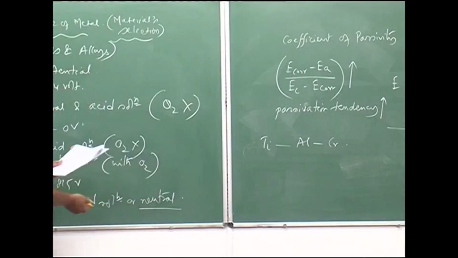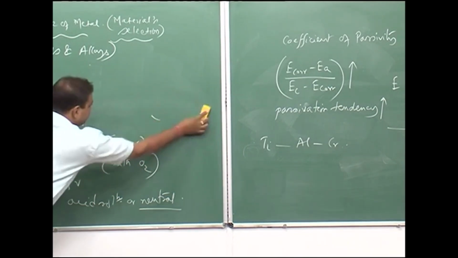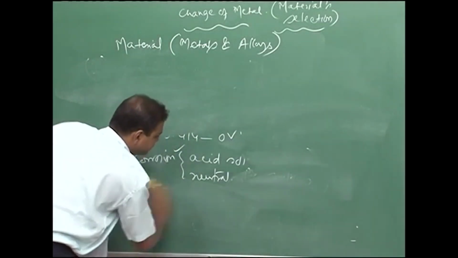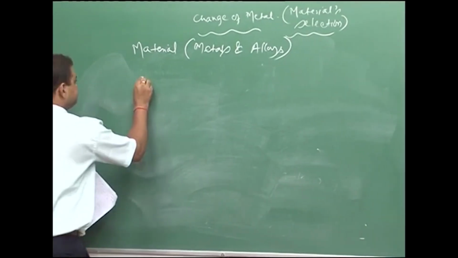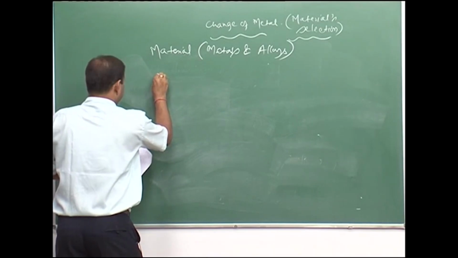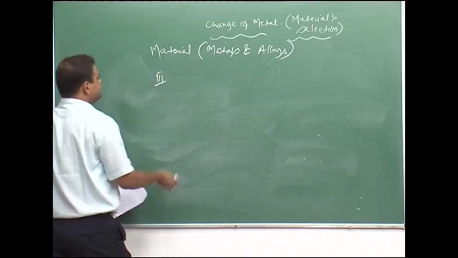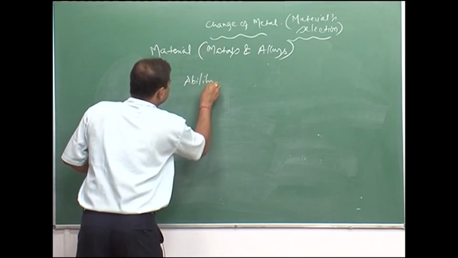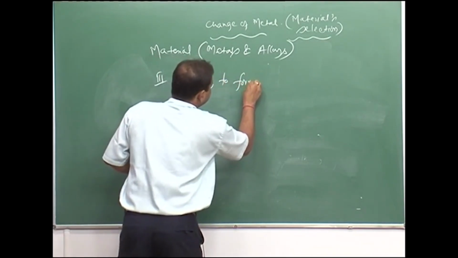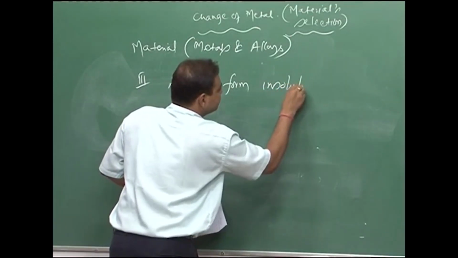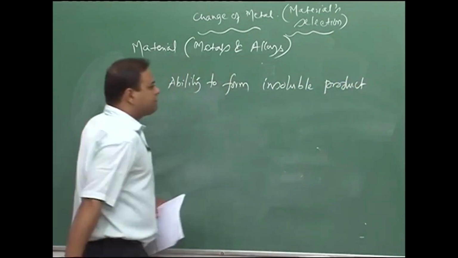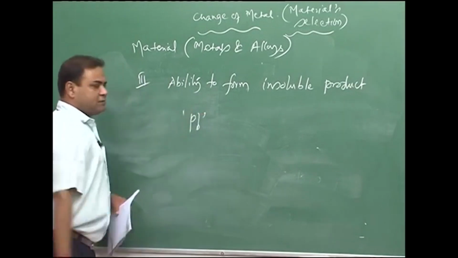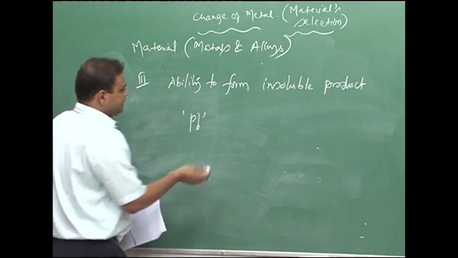Then we can also think of formation, whether the material forms some insoluble product when it is exposed to a particular environment. So, this is the third factor, the ability to form an insoluble product on the surface. For example, pure lead has very good resistance in dilute